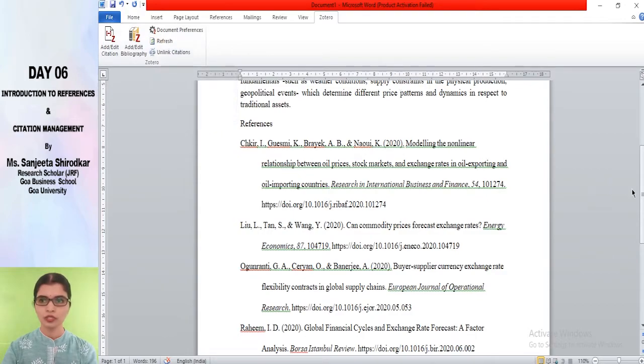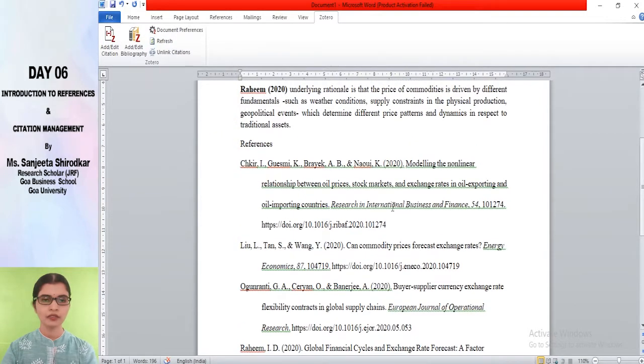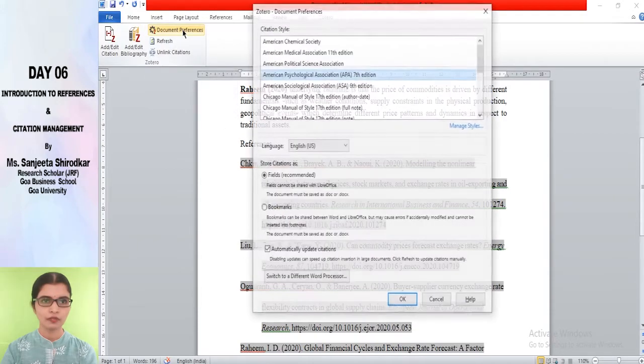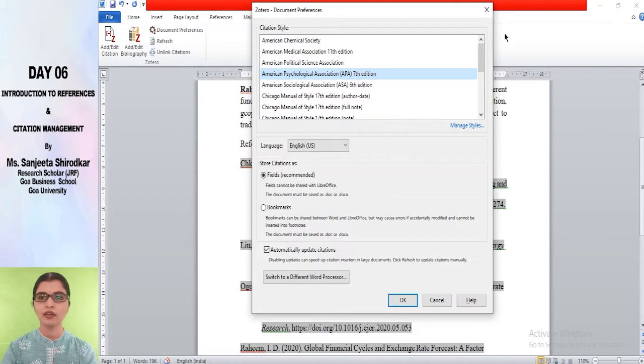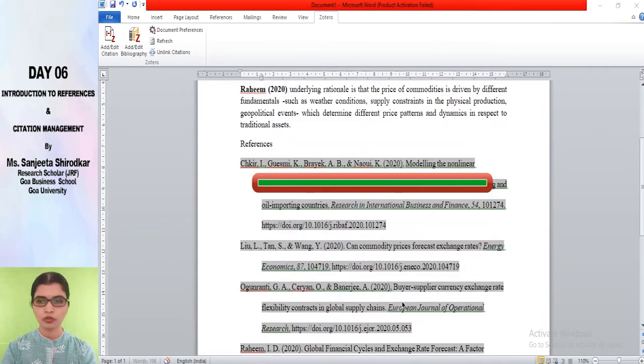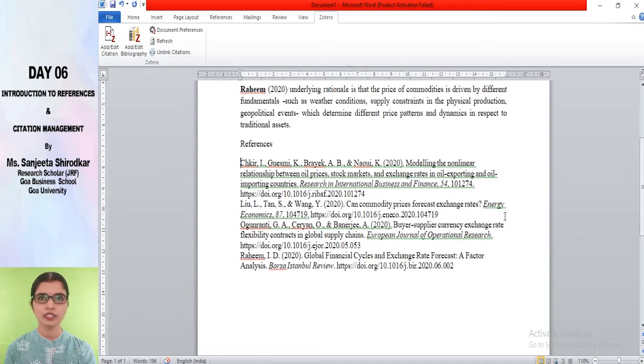Fine. So this is how, and then there are ways in which you could change the styles also. Go to document preferences and change the style which you have applied. Here there are many styles and I have already shown you how you could look out for more styles in this. So you could change the styles also, but do not make any changes in Word manually. Refrain yourself. Go to the software and make the changes.